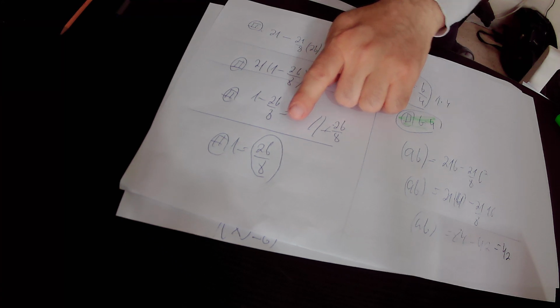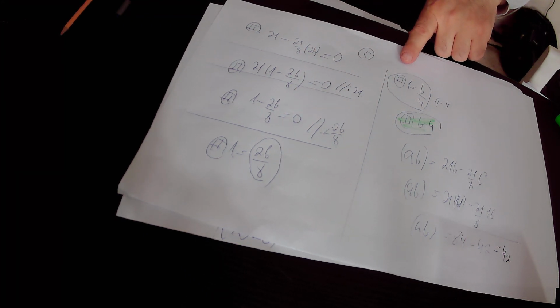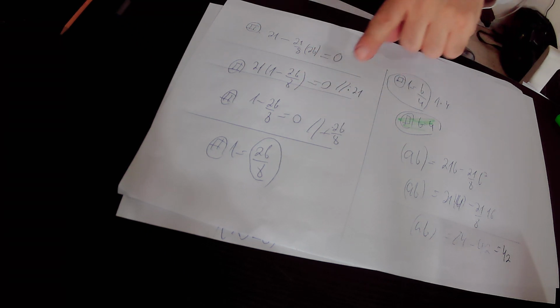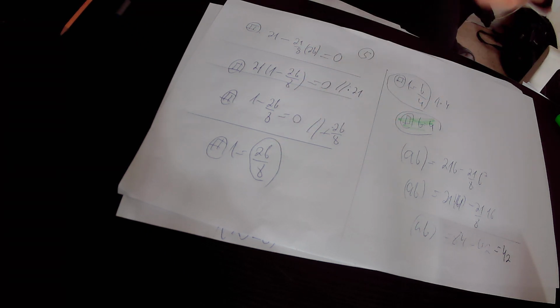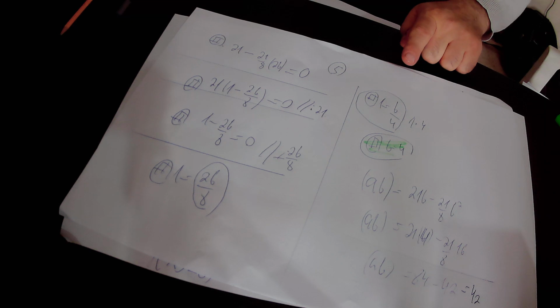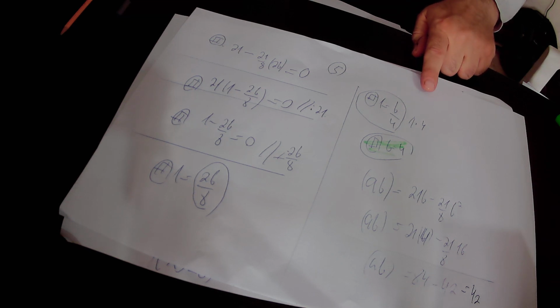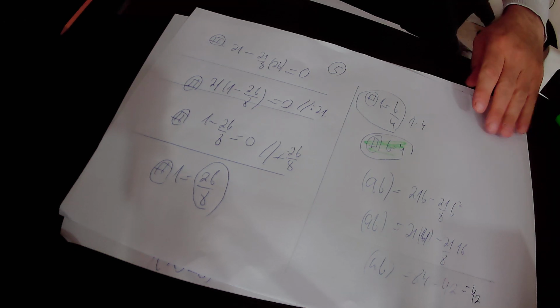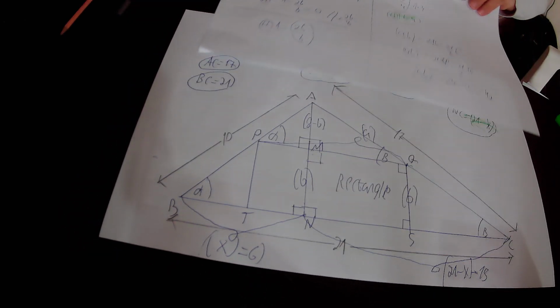We found that according to equation 2, 1 equals 2b over 2, which is b, and 8 over 2 is 4. So according to equation 2, 1 equals b over 4. Here we multiply equation 2 by 4, and finally found that b equals 4 units in length. So here actually the extreme point